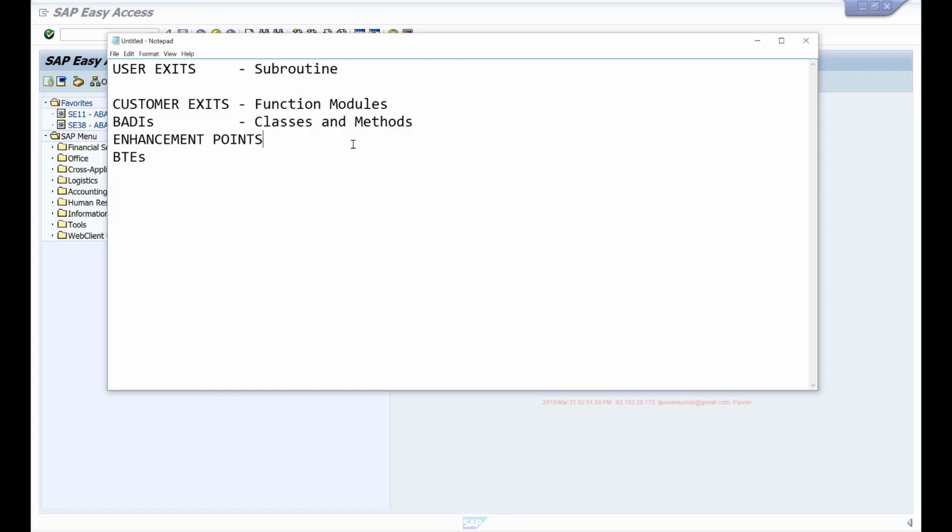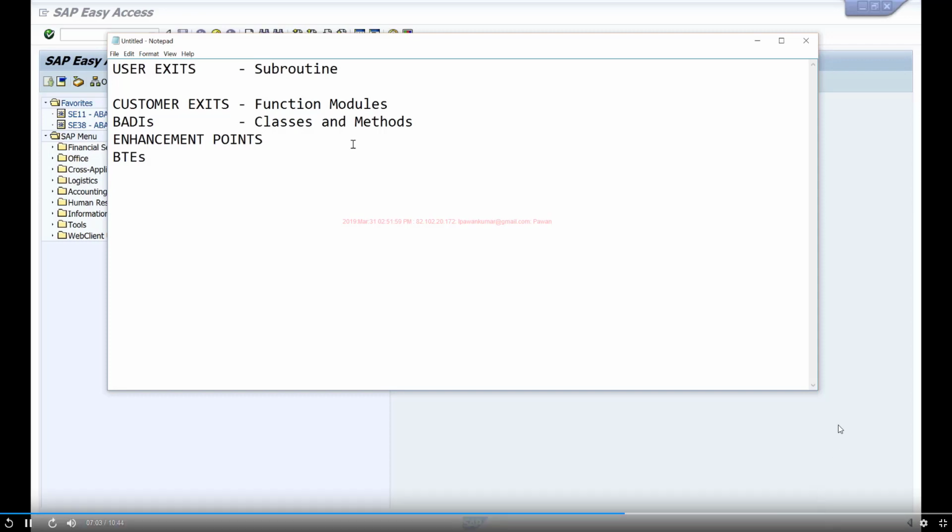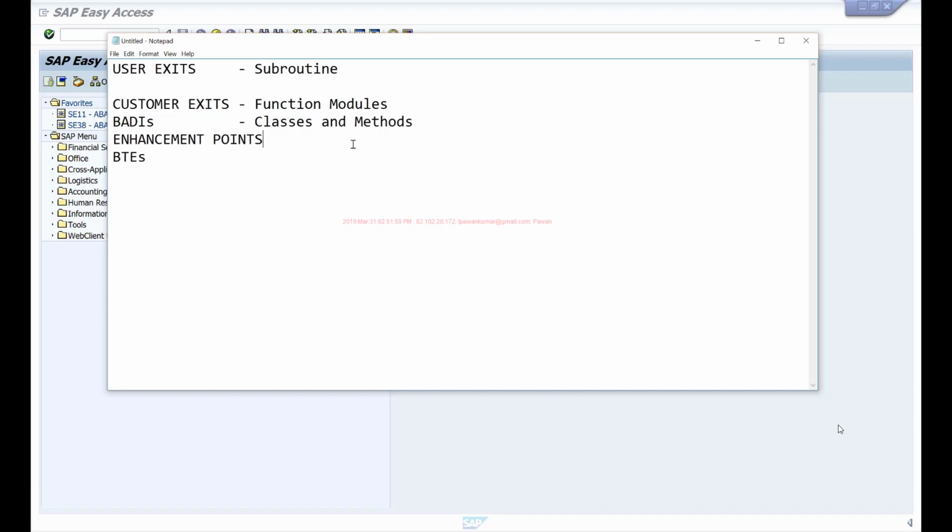So with the latest ECC 6 system, SAP introduced these enhancement points, which are also class-based implementations, but they do not have any restriction in terms of parameter interface. So they work more like user exits, where you can change any data that you want in the program, or you have access to any data, and the difference is that they are more class-based. But when you're implementing these enhancement points, again you need to be careful about what global data you'll be changing using them, right? So these are enhancement points.